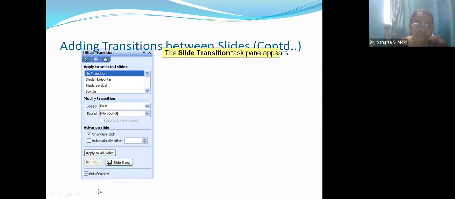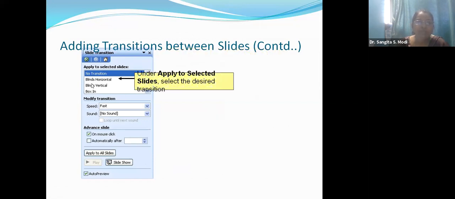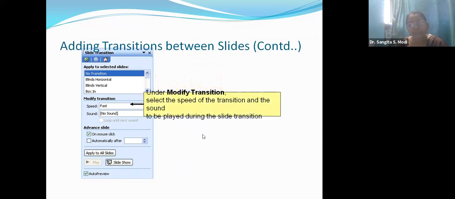The slide transition task pane will appear on your screen, and from that you can choose blinds, vertical, box in, box out. Different types of transition effects are there. Transition effects are only applied while changing the slides.